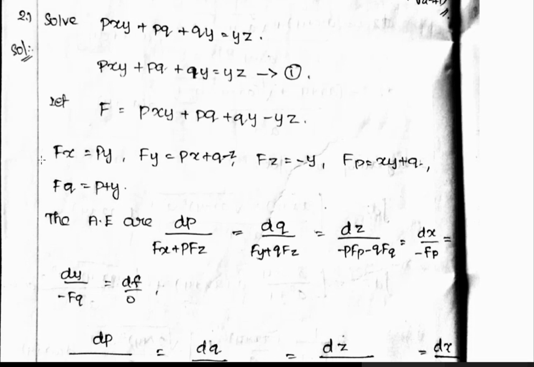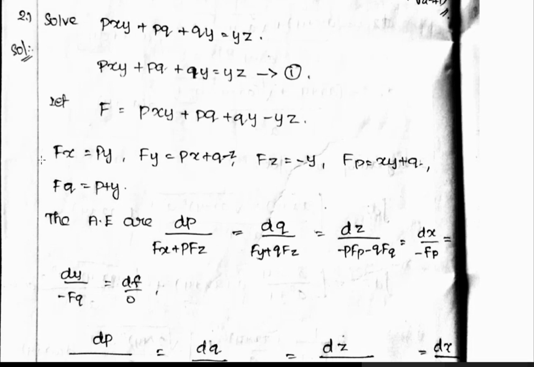Similarly, you have to differentiate the equation with respect to p and with respect to q. With respect to p, the first two terms contain p, so you get xy plus q. Similarly, q is in the second and third terms, so differentiating with respect to q you get p plus y. So first of all, you have to partially differentiate all the terms, and then substitute in the